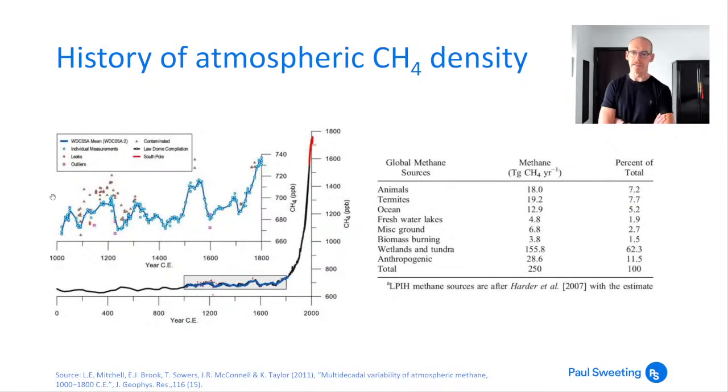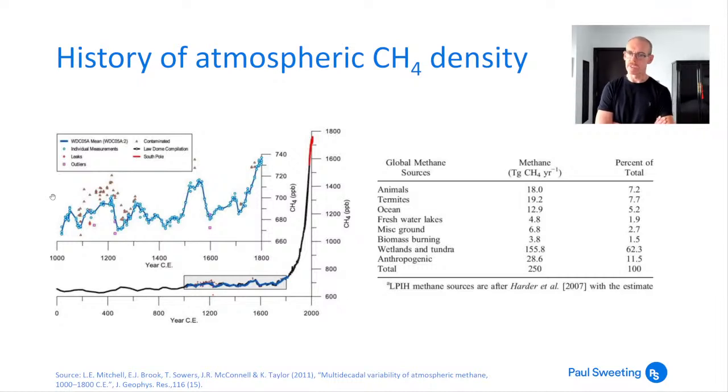For example, methane. If you look at this chart here on the right, showing what methane levels have been like over the last couple of thousand years, that is quite an extreme change. You can see that there's quite a lot of variability between 1000 AD and 1800, but since 1800, since the Earth has started to warm a little bit, it's gone absolutely ballistic. It's increased hugely. Now this is interesting mainly because of the causes.